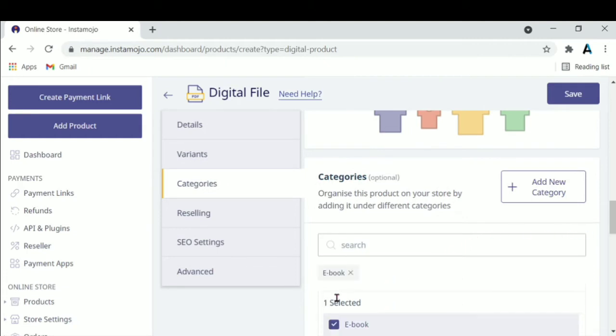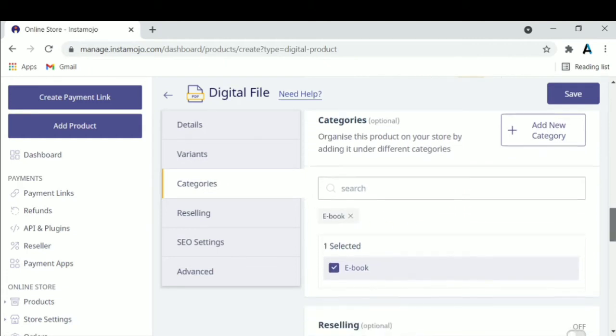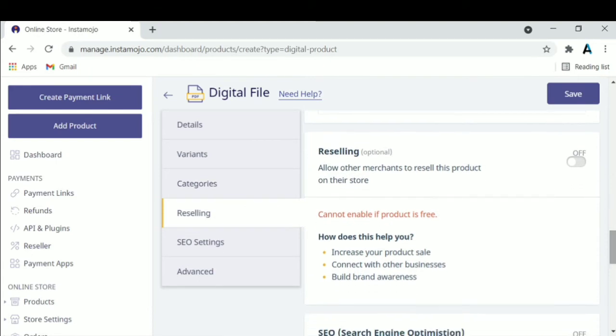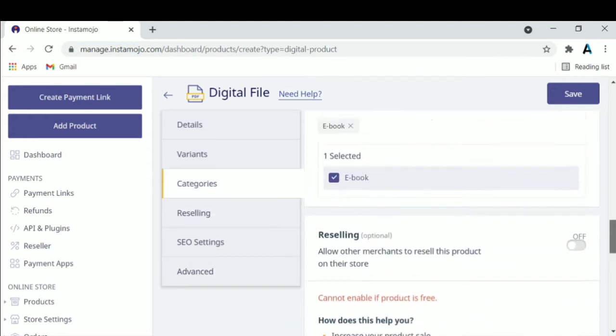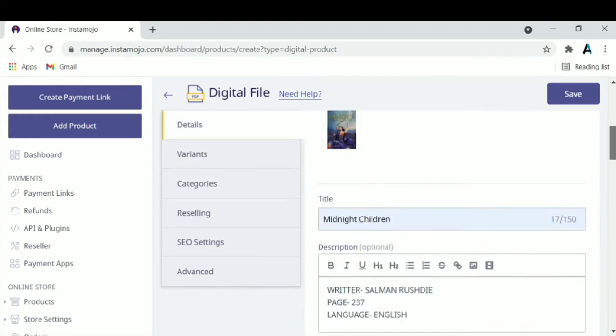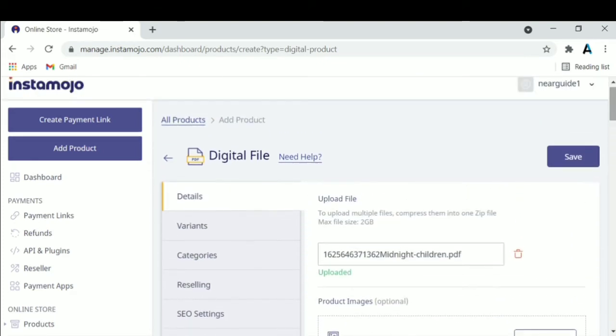Add a category here. Then select this ebook. This is free of cost, so there is no available any reselling. Okay, then write here a note. Now this is complete. Then click here save.